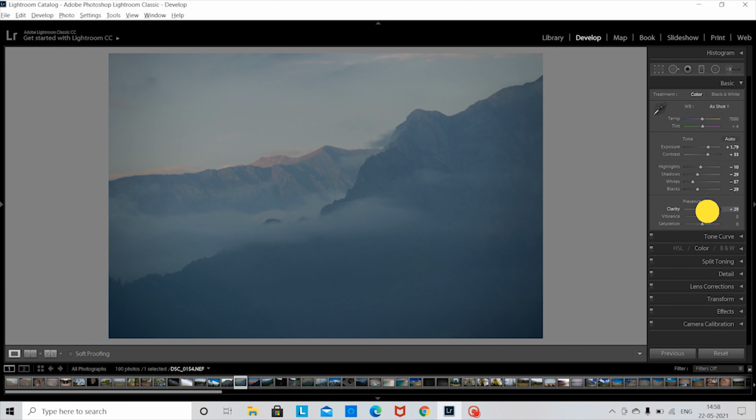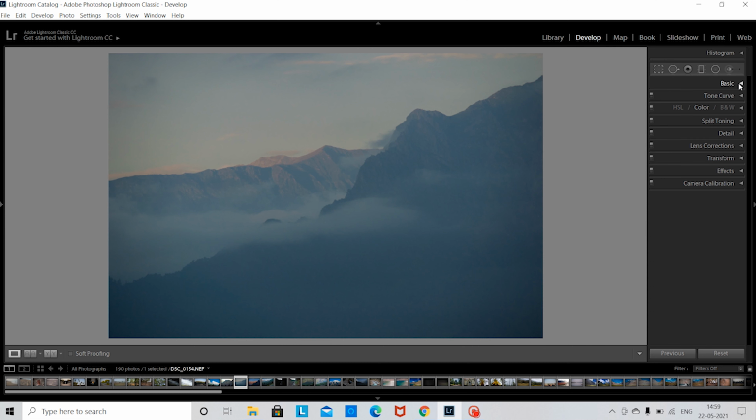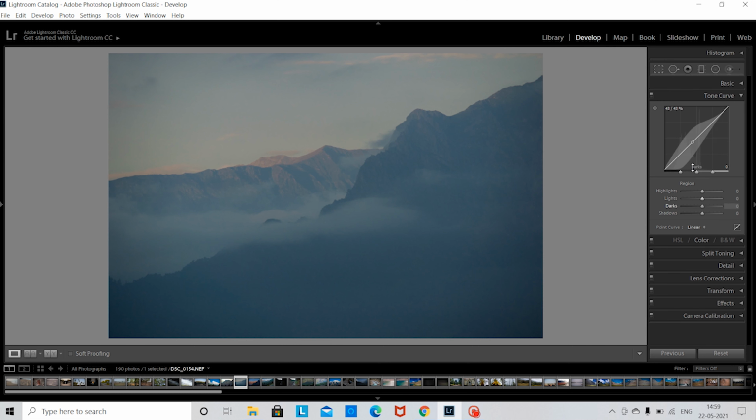We'll move ahead and increase the clarity and add some vibrance to it. We won't increase the saturation much, as increasing it will make the picture too colorful and it won't look realistic. And again, the vibrance has taken care of the color aspect of the photograph. Now I would like to try and experiment with the temperature of the photograph. I would like to add some yellow tinge to it, basically having a warmer look as it's too much on the bluer side.